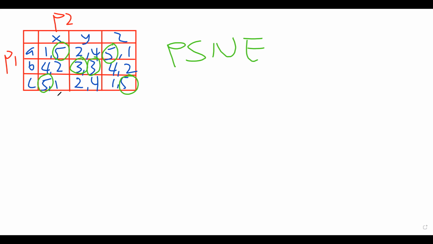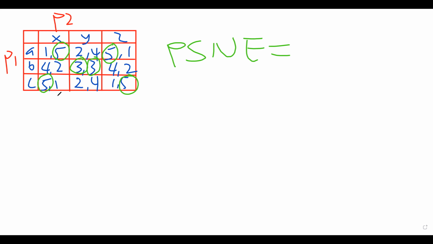Now, how do you find pure strategy Nash equilibrium using this best response? Now, that question I asked, which one will he go for? What I actually mean is, what will be the best response for the other player? Using this, we can now find the pure strategy Nash equilibrium. It is simple. It is given by any cell whose circles are 2. So any box which has 2 circles is part of the pure strategy